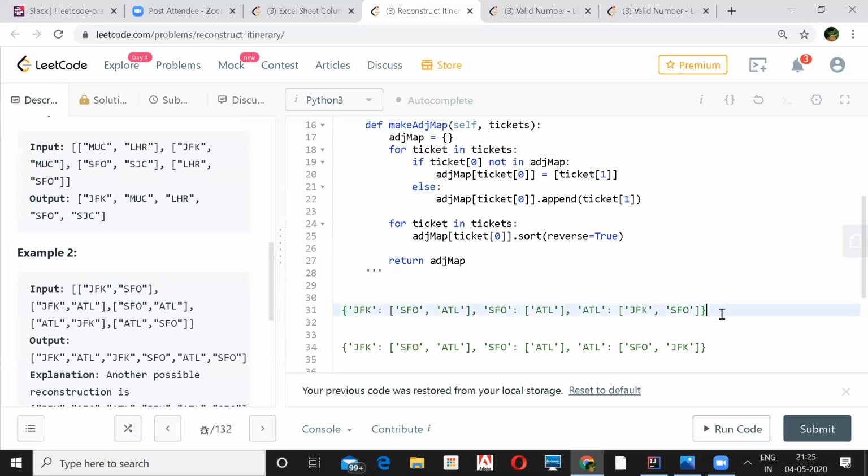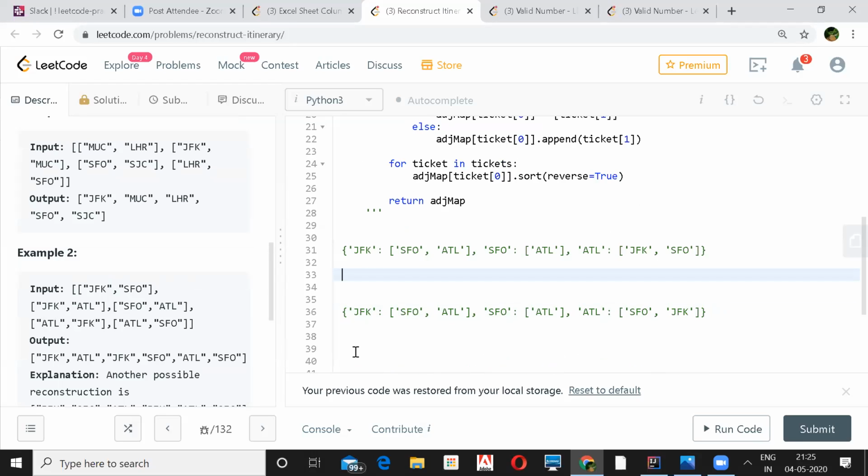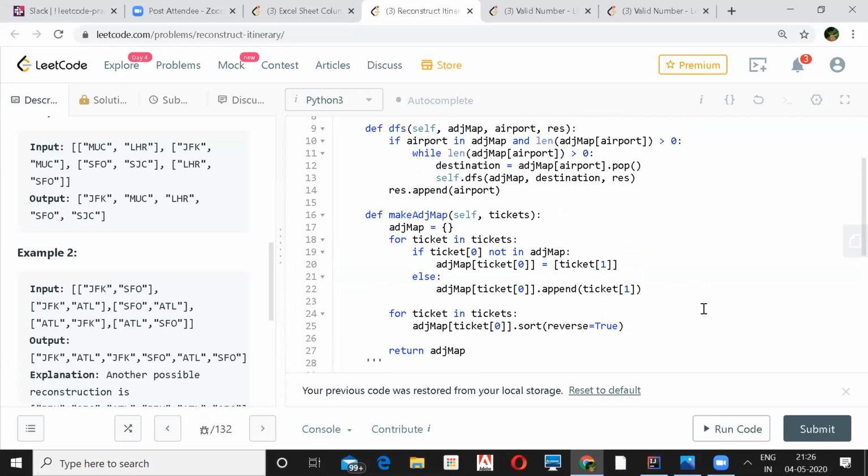I did it, and then I performed sorting on this part in descending order, because they are asking for lexical order. So if you see SFO and ATL, this is the same as descending. There's nothing in that because you have only a single one, and here you'll have SFO and JFK. Now each time when I pick, I'll go from the back side and check which stations I have to go to from there. That is, I performed DFS in that.